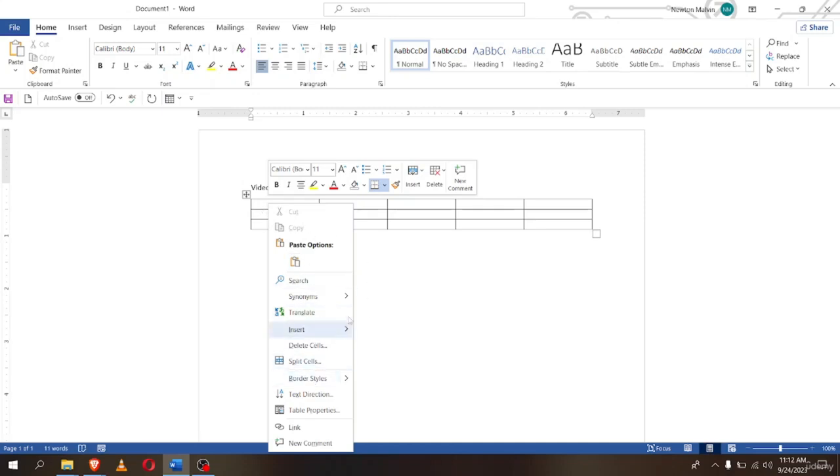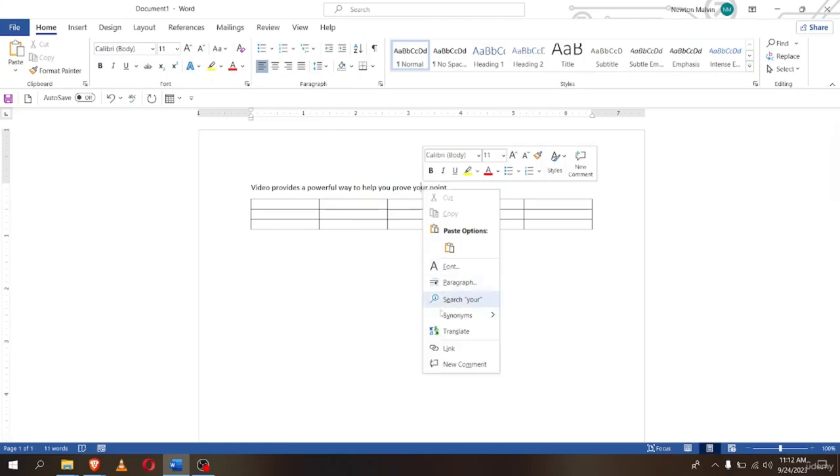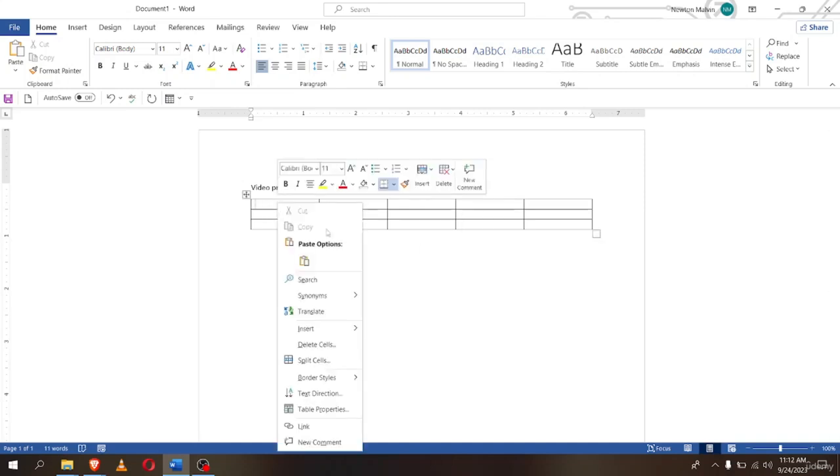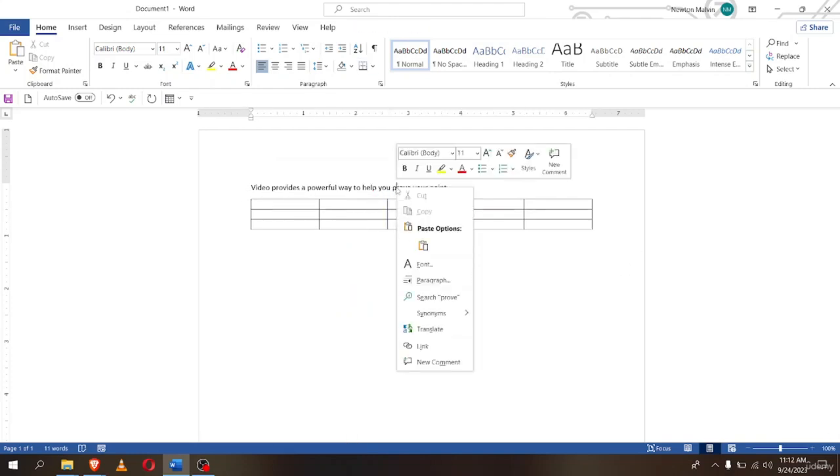the options of the contextual menus change. Now if I go back to my text, you can see here that the text contextual menu is different from the table's contextual menu. Now the contextual menus differ from element to element, like I said earlier. Now if I go back to my text and right click right over here, you can see there's another menu,